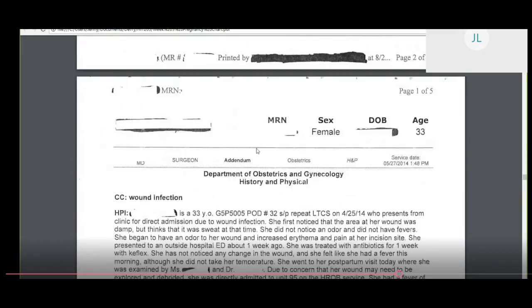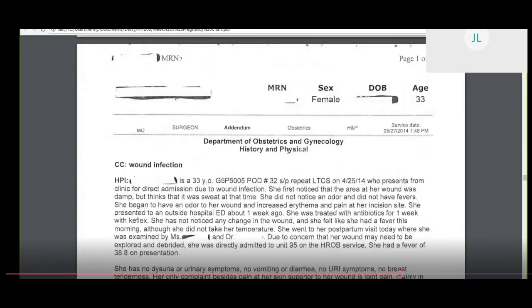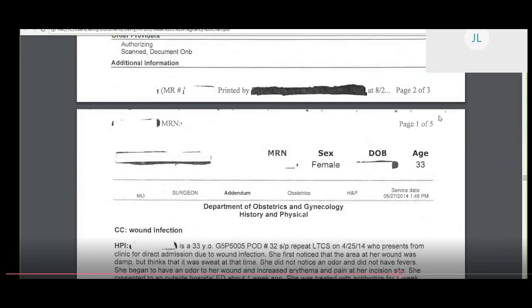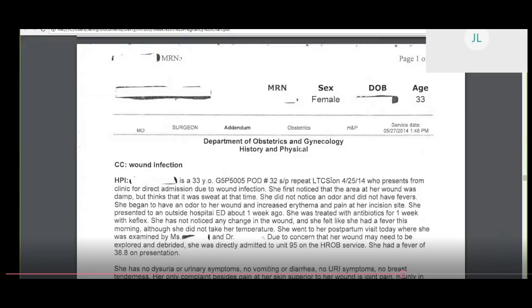Okay, so here's our medication list. Okay, so here's our history and physical. Remember, these are always done on admission, so if we look, this was done at 5/27, which was her day of admission. So again, a 33-year-old, now it's gravida 5, para 5, post-op day number 32, which is the post-op delivery for her. She had a repeat low transverse cervical C-section,